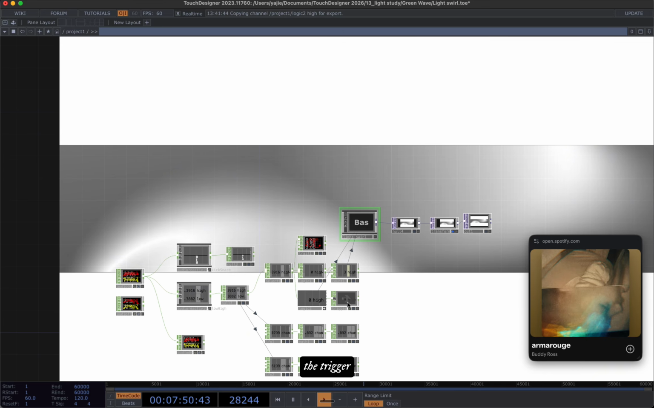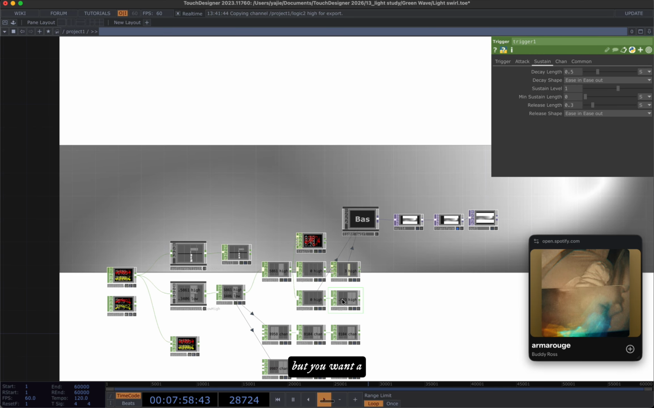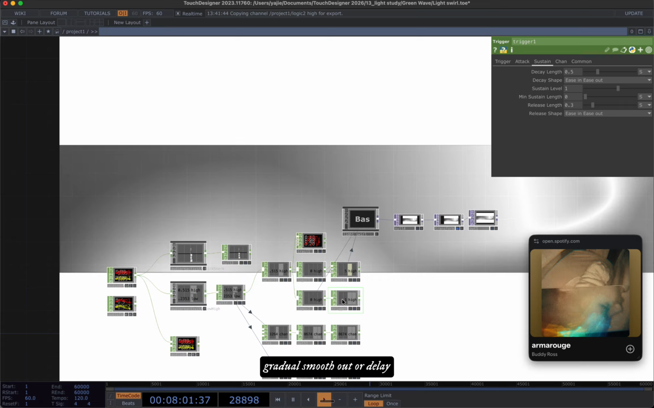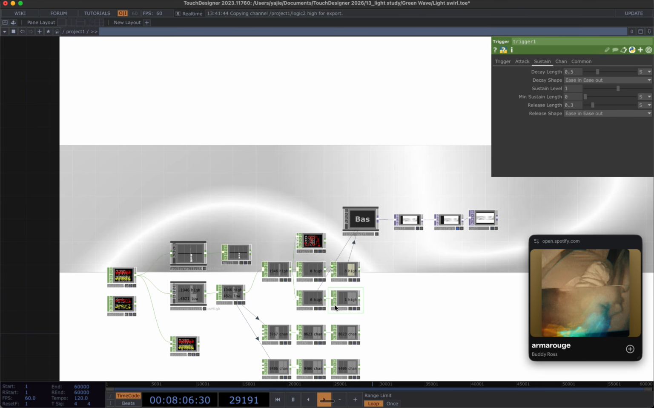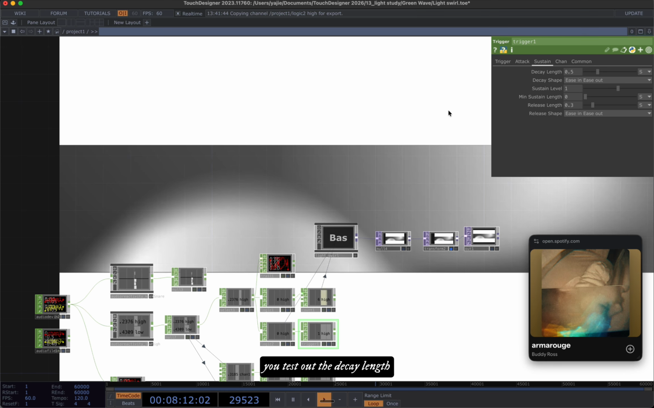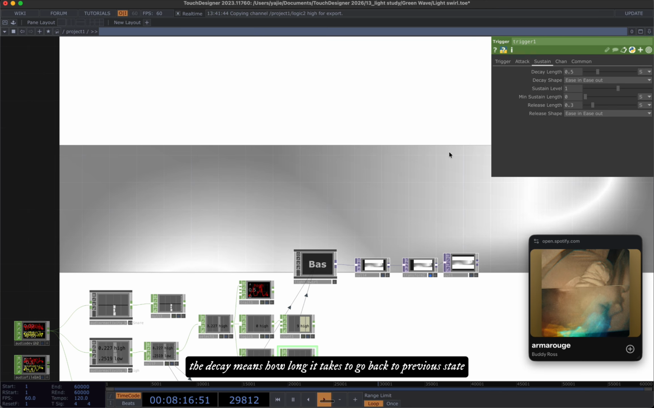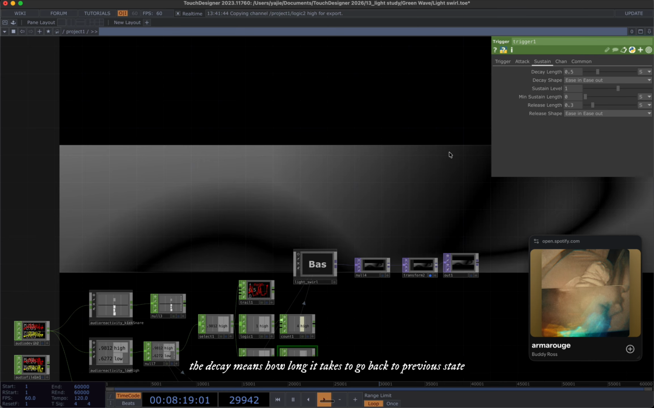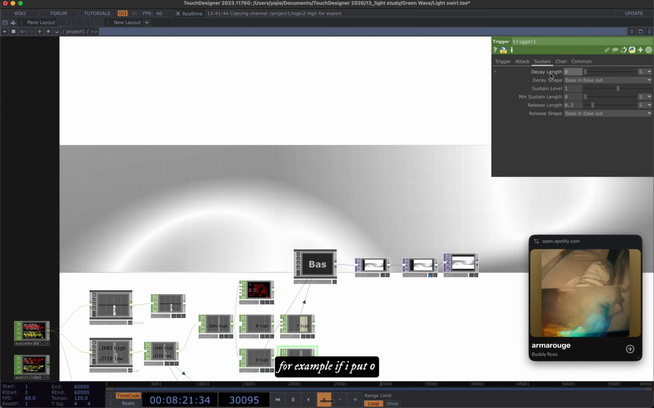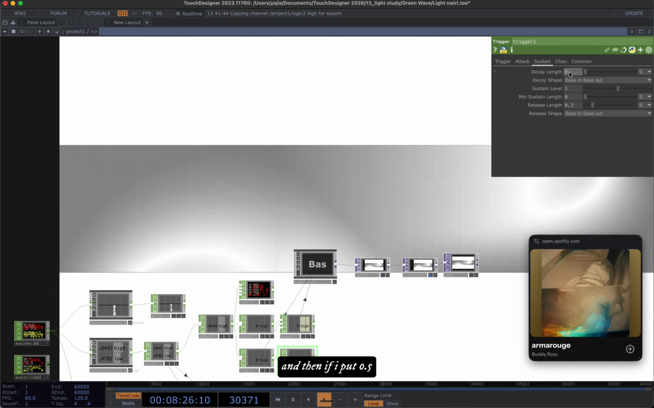I found the trigger. Whenever there is on and off, you want to switch, but you want a gradual, smooth out or delay, you can use trigger for that. Connect the 0 and 1s to trigger, and in the sustain level, you test out the decay length. The decay means how long it takes to go back to the previous state. For example, if I put 0, you will see it will instantly jump back. And then if I put 0.5,